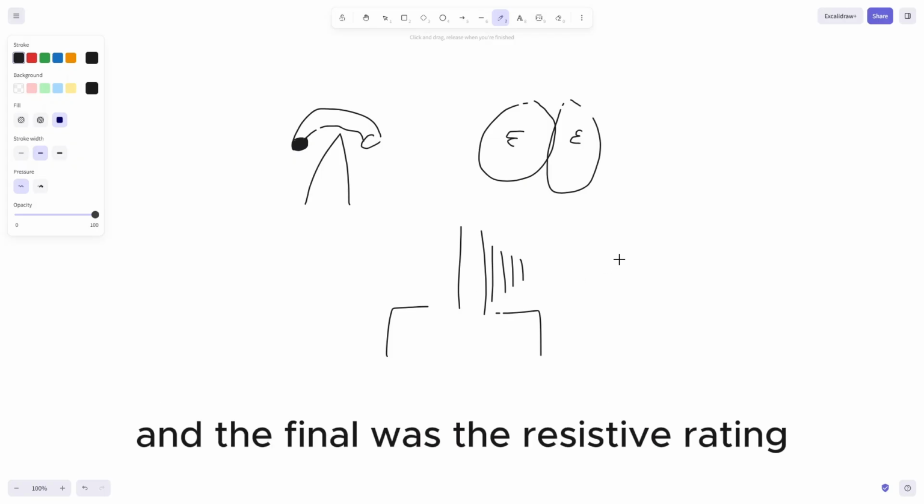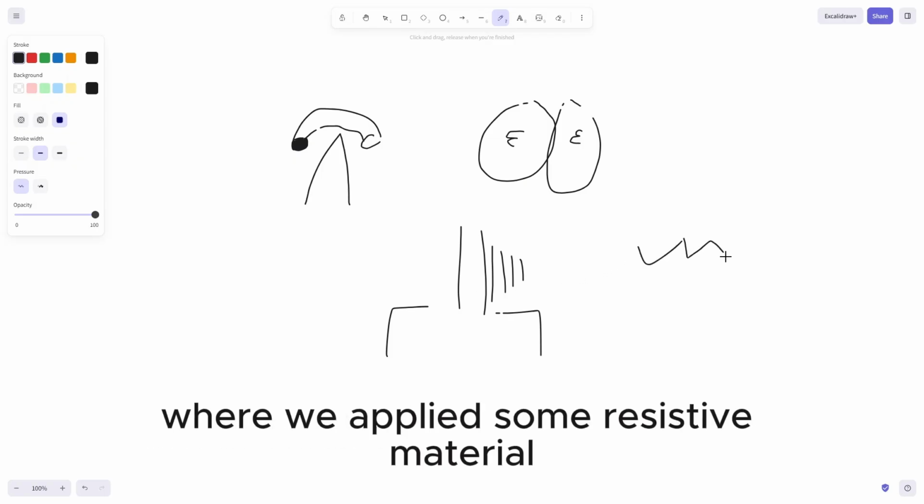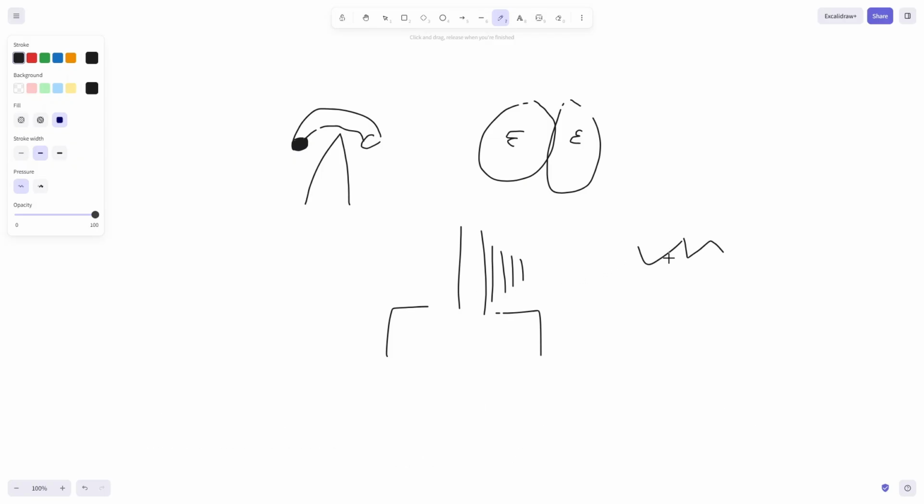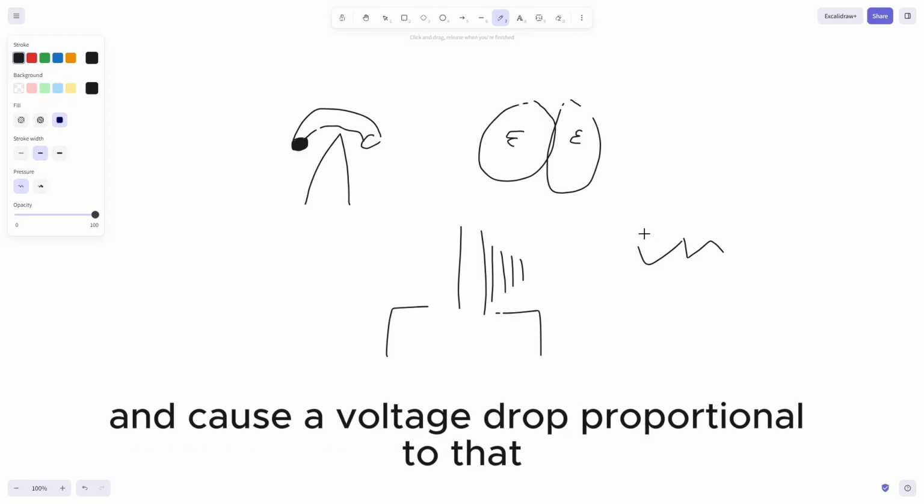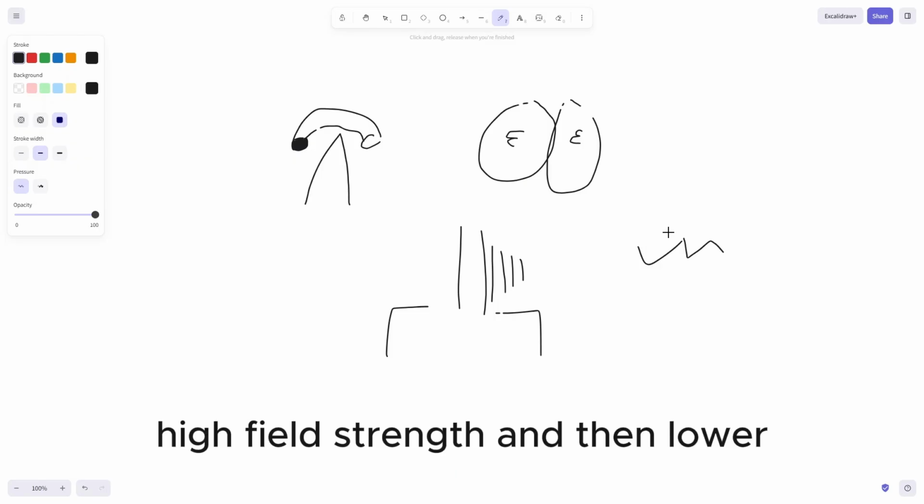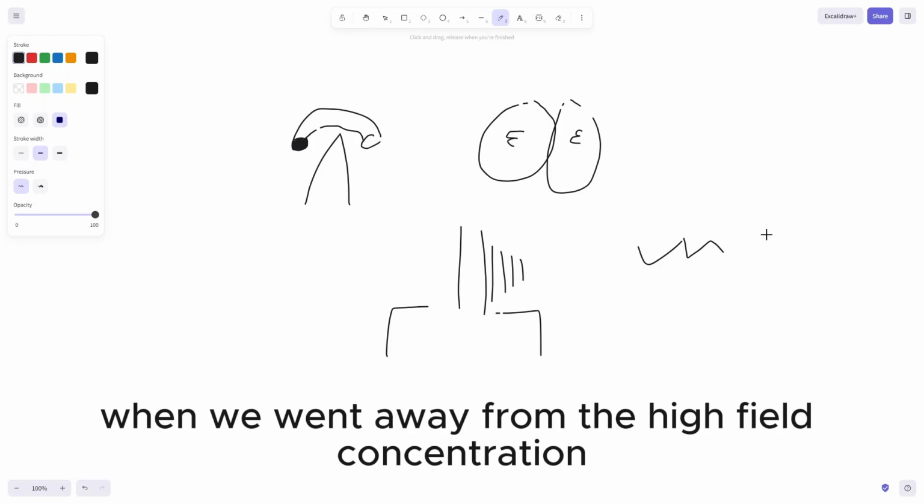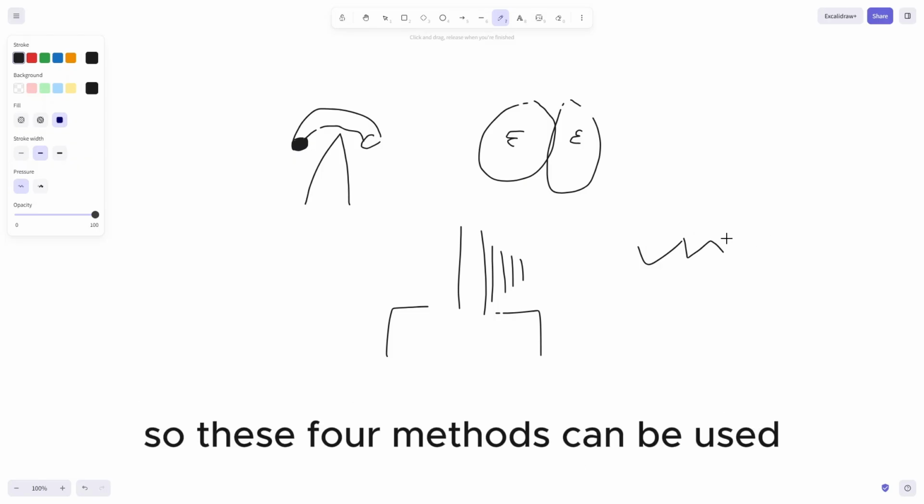And the final was the resistive grading, where we applied some resistive material with a nonlinear reaction to the electric field, meaning that the current would be higher where there was a high field strength and cause a voltage drop proportional to that high field strength, and then lower when we went away from the high field concentration. So these 4 methods can be used